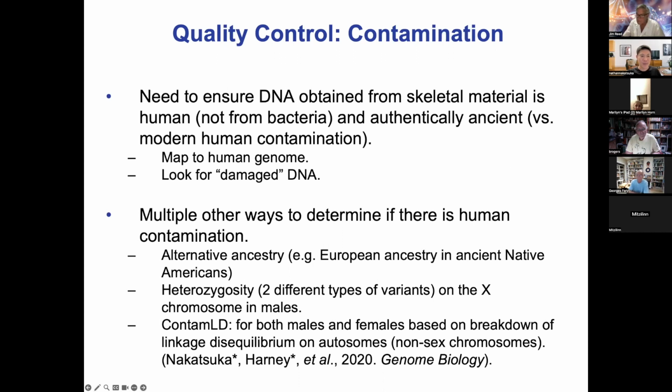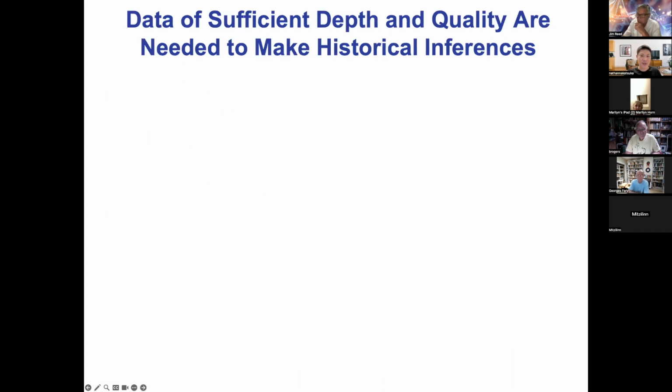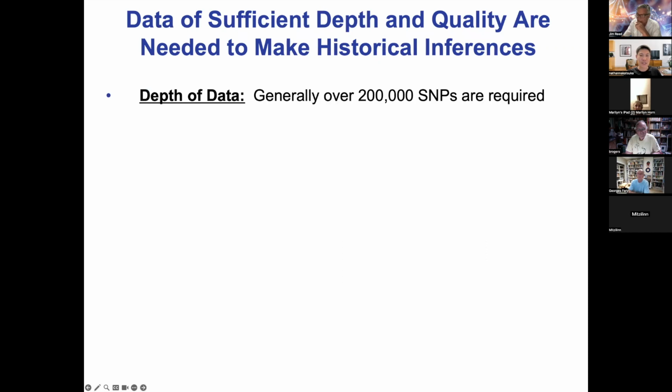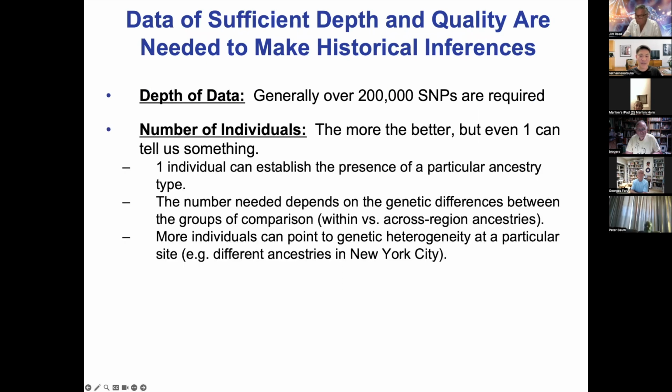It's a bit more of a complicated method, but it's a more powerful method than just the X chromosome method. So to make historical inferences with ancient DNA, you usually need data of very sufficient depth and quality. This usually means over 200,000 SNPs, or single nucleotide polymorphisms. These are genetic variants. And it's helpful to have many individuals, but even one individual can tell you something, such